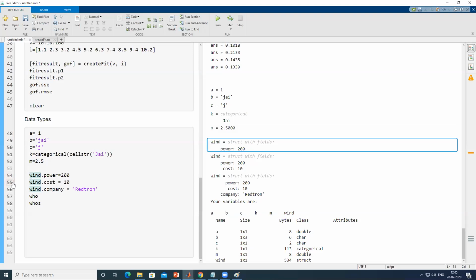When I executed line 55, wind is again a structure, but it contains two fields, and both contain number data only. But at line 56, I have used a string or character data type to be stored in a particular field called company.